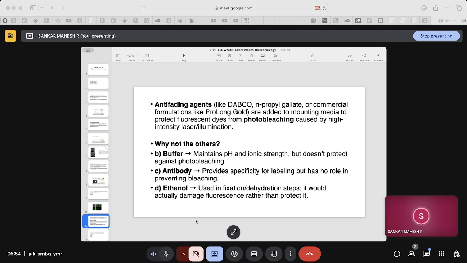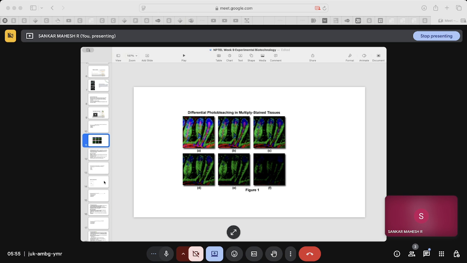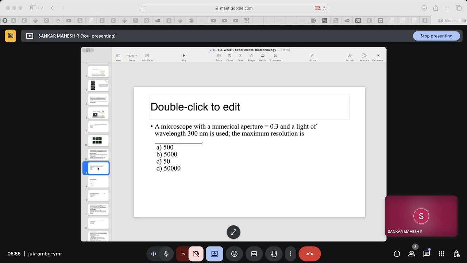But we have these chemicals called anti-fading agents, like propyl gallate and DABCO, that people use in the mounting media to prevent the fluorescent dyes from photo bleaching. Right. So this is how photo bleaching looks. Okay. The next question is